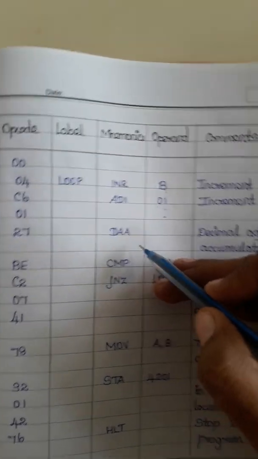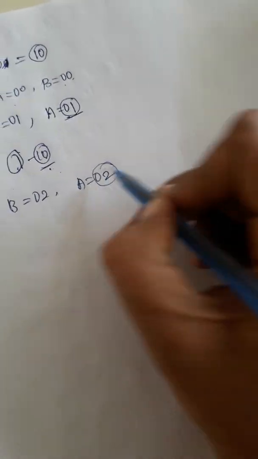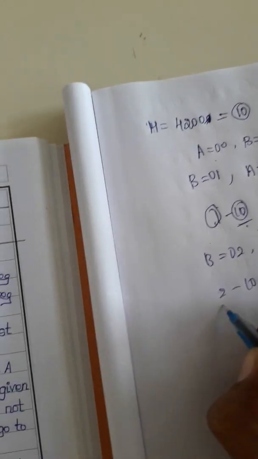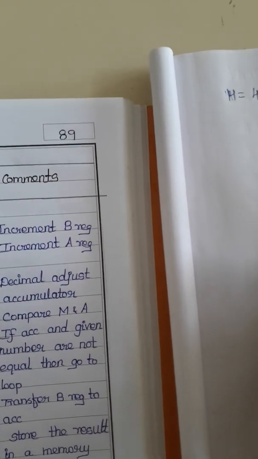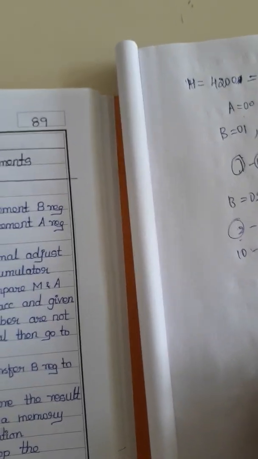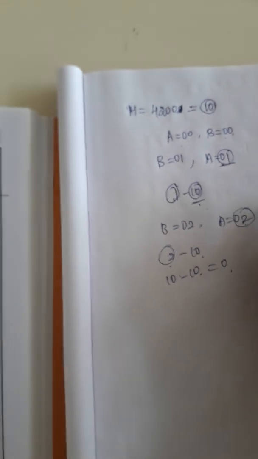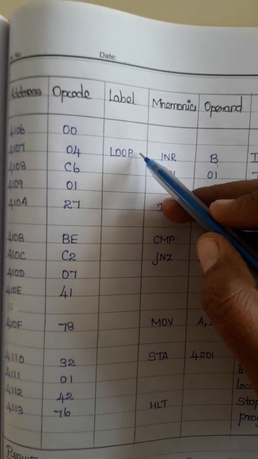Then decimal adjust accumulator converts the data available in the accumulator into decimal data. Then comparing: 2 minus 10, accumulator minus memory, which contains 10. So now also there is no zero flag. When accumulator is 10 and memory is 10, the zero flag will be set, otherwise it will not be set. Up to that we have to increment the accumulator value. Again and again, if the zero flag is not set, program control transfers